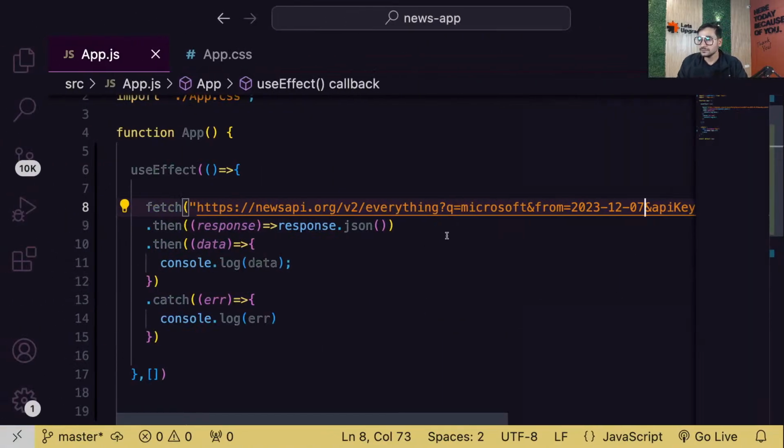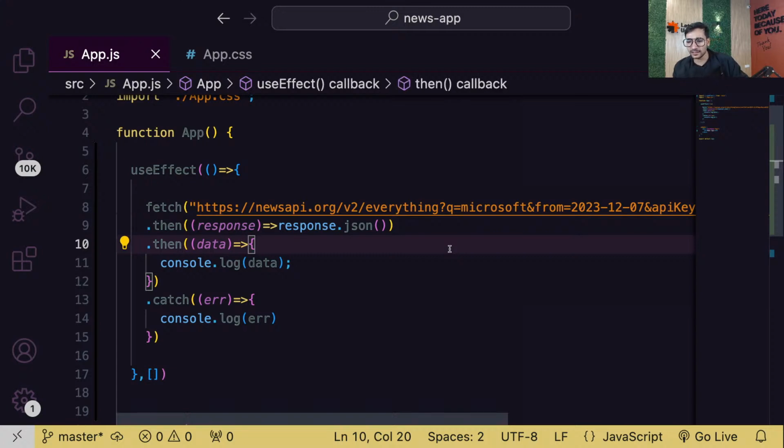See, if I have to divide this URL, this is your base URL. Okay. This is your route. So this is your base URL. This is your route. Now, guys, to understand this, you have to understand APIs, but it's okay. For now, let me just tell you this. So why are you not using the URL class to construct the URL? Doesn't this come under basic JS? It comes under basic JS, but I don't know if everyone knows that stuff, right? That is the reason I'm going with this logic. Okay.